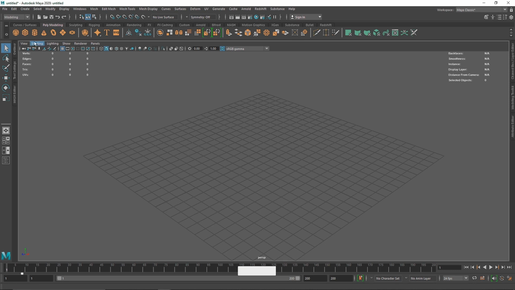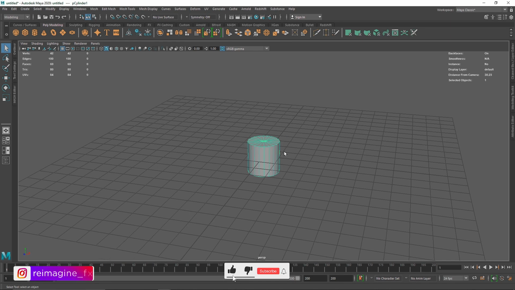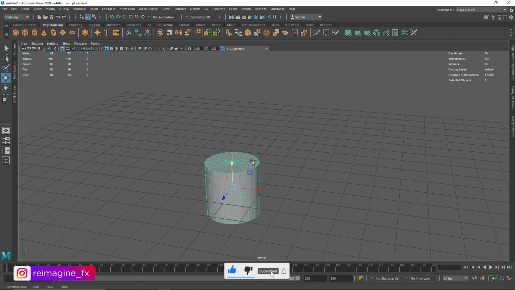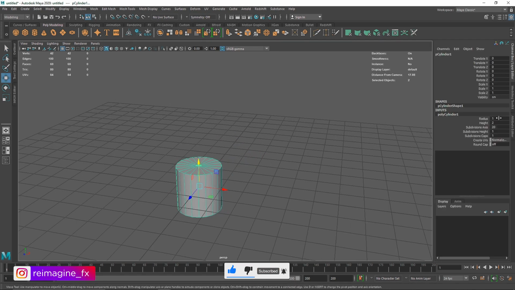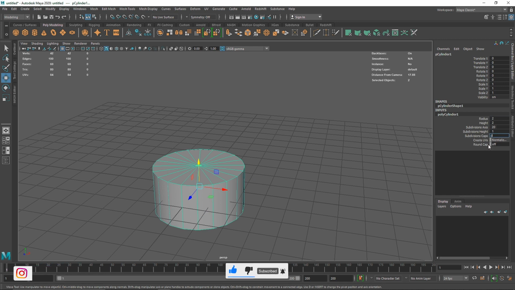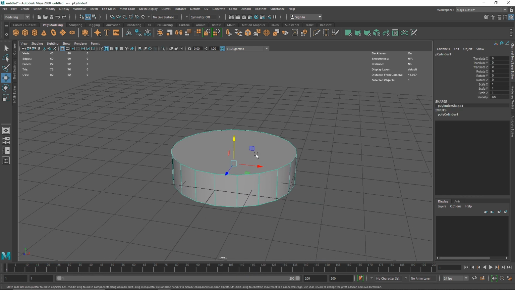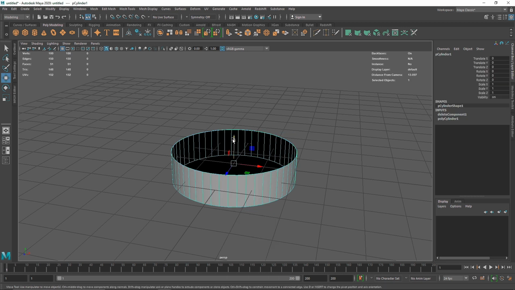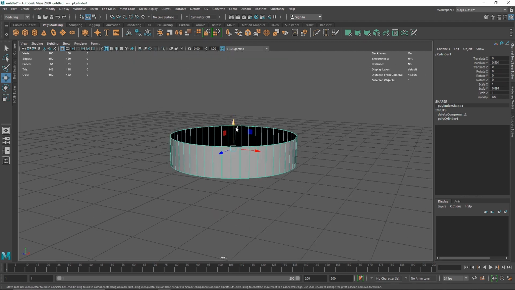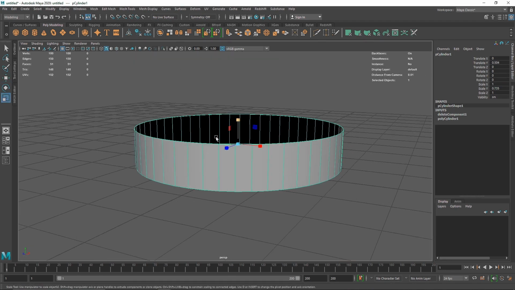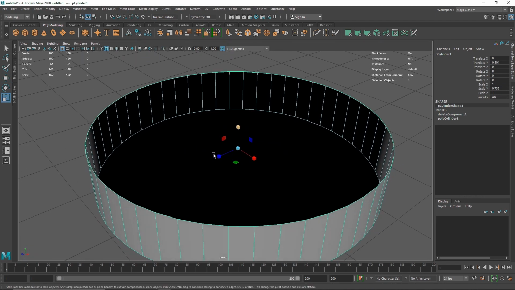So I'm going to take a simple cylinder as my container to start off with. Let's increase the radius to about 2, and let's make the cap to 0. I'm going to make the height probably about 1, and let's increase the subdivision to maybe 50, and I'm going to select this face and hit delete. I think the container is a bit too high, so I'm just going to reduce the overall size to something fairly low. Alright, so this looks pretty good to me.